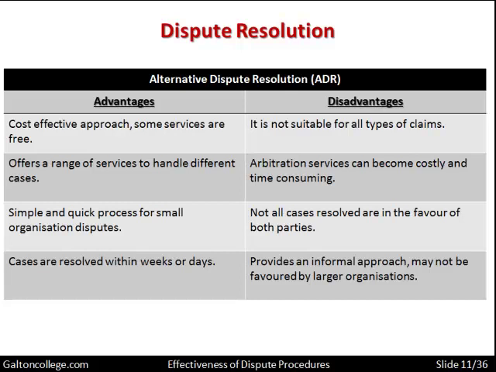It provides an informal approach, and it may not be favoured by large organisations. Large organisations tend to do their own negotiations and have their own expertise, have their own people in place for the negotiations, and likewise the trade unions know this, and they also have expertise and a great deal of skill in handling that situation. So for large organisations, they don't seem to use outside agencies so much if they can help it.